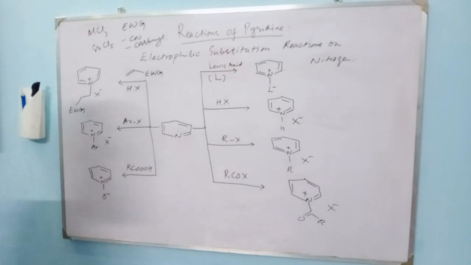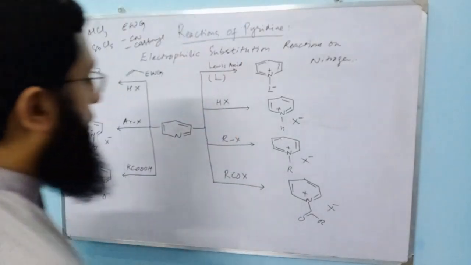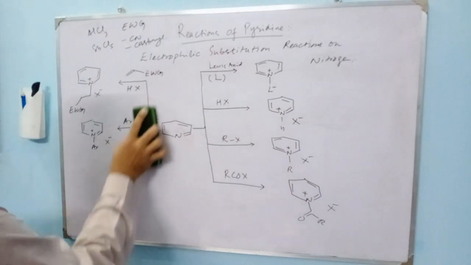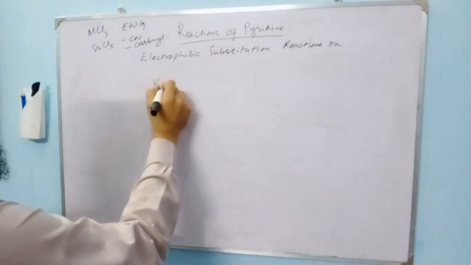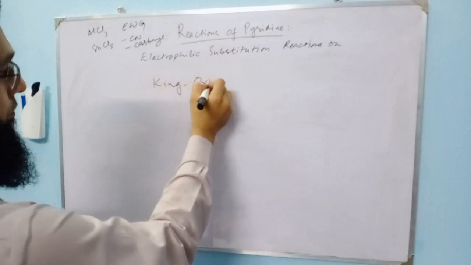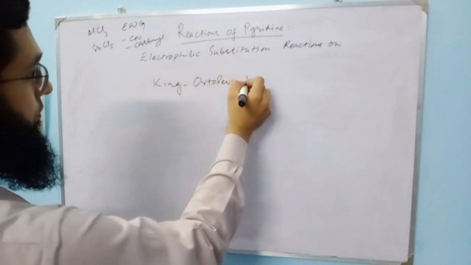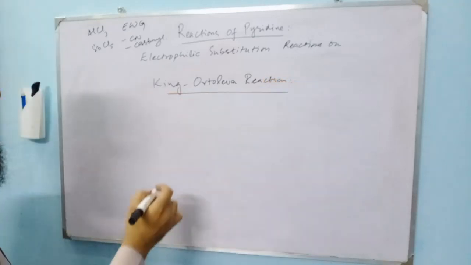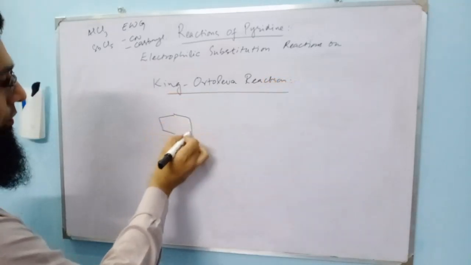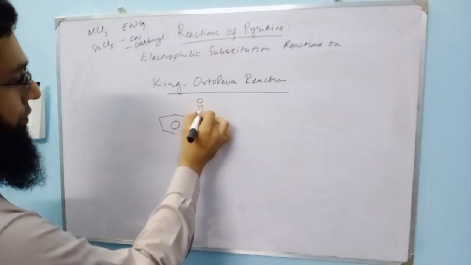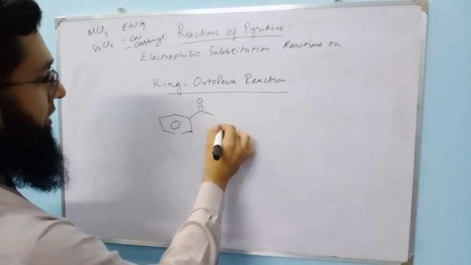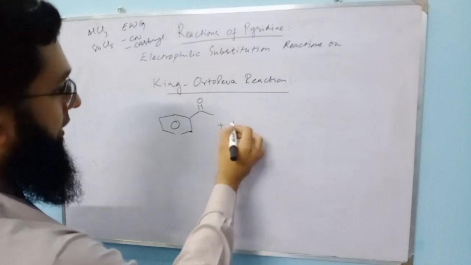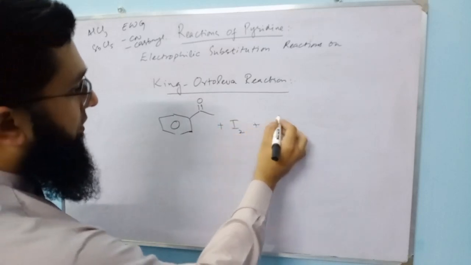So these were reactions of pyridine on nitrogen, and a related reaction is King-Ortoleva reaction. In this reaction, a ketone such as acetophenone or any active methylene compound can be used and reacted with pyridine in the presence of iodine,